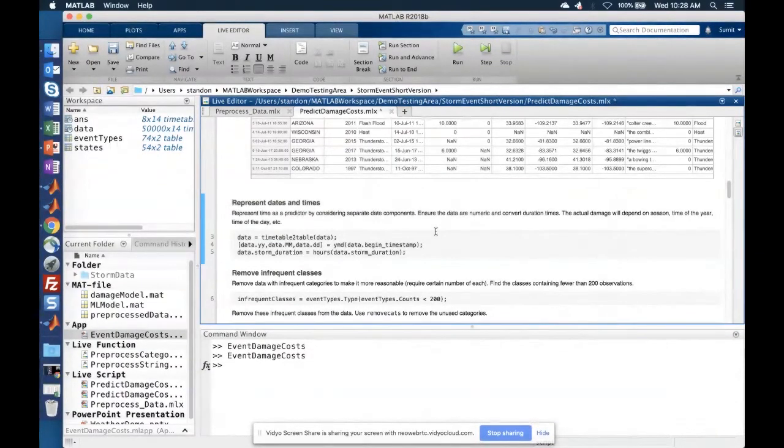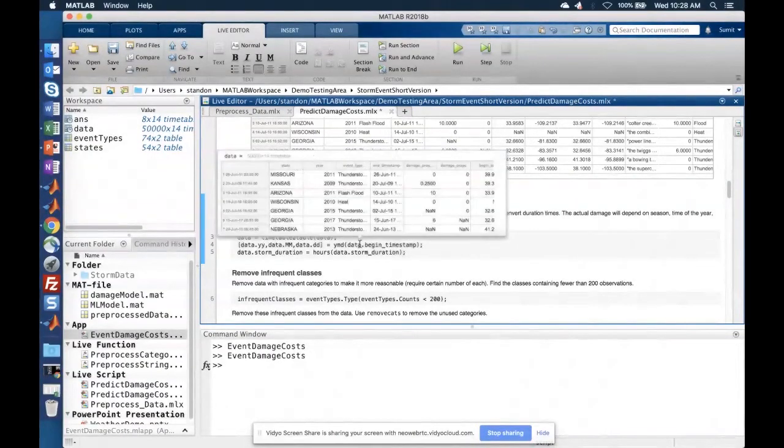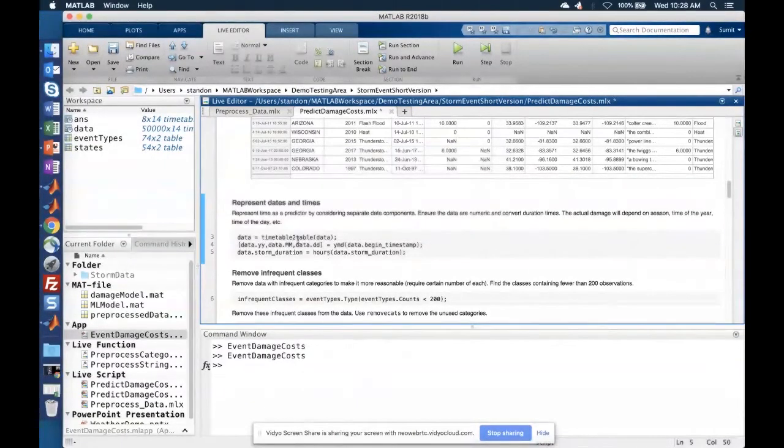It will depend on when it is happening in the year. It will depend on when it is happening during the time of the day, and so on. So when I'm developing the mathematical model, I'm going to take a look at time information in that sense. So which is what I'm doing here, is to split up the time into those three components.